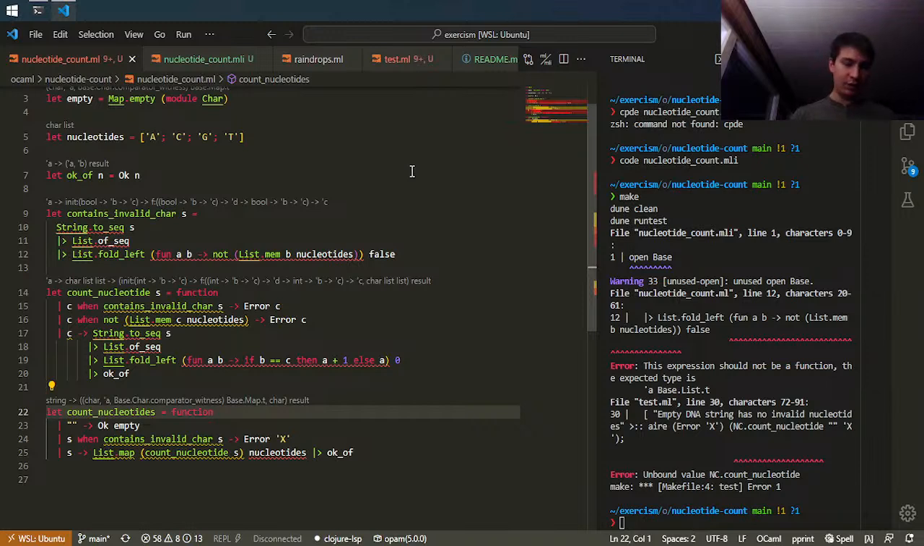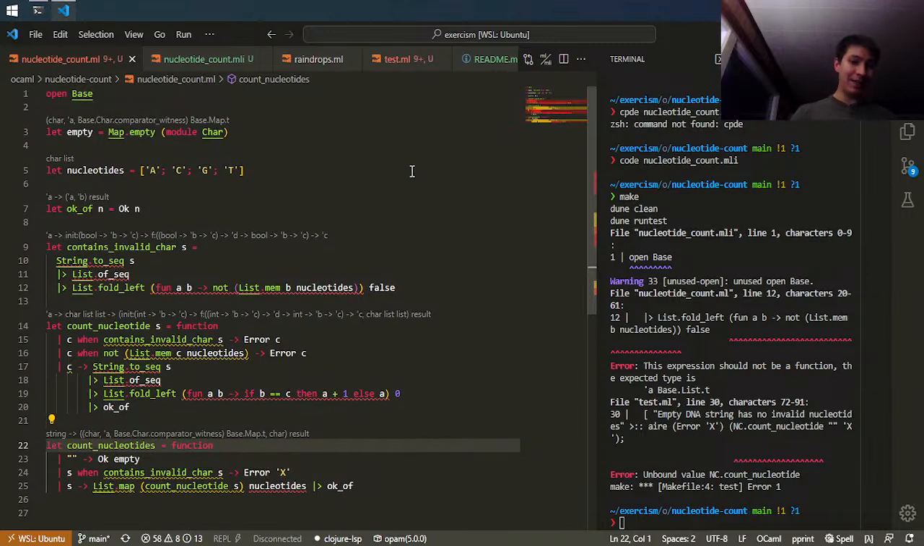If anyone is watching and you have experience with OCaml and have tips on how to make it less painful, it would be much appreciated. But that's